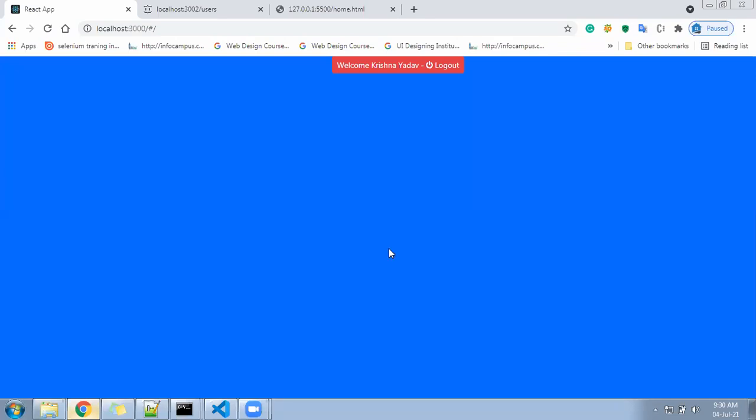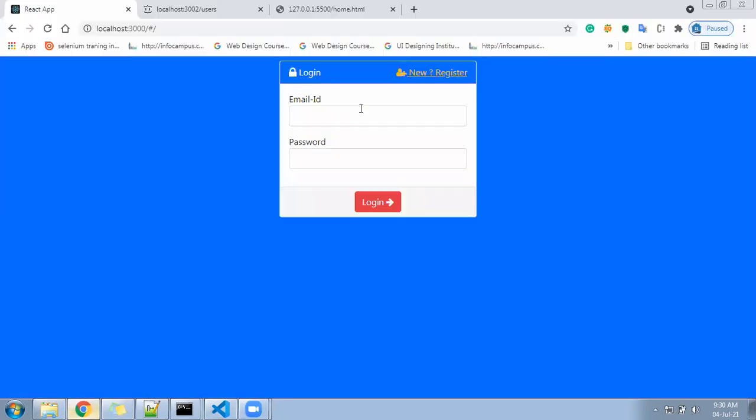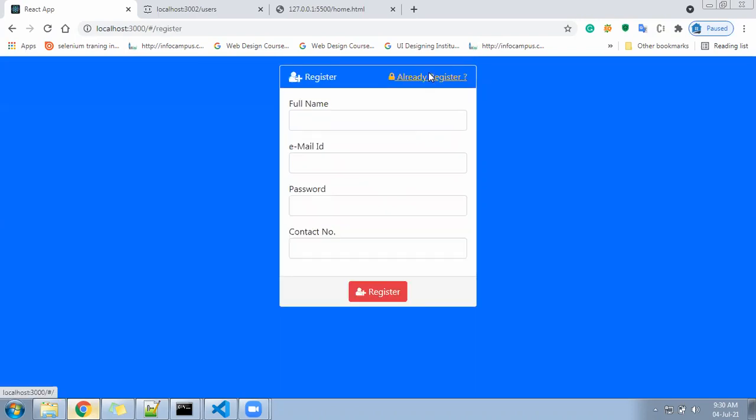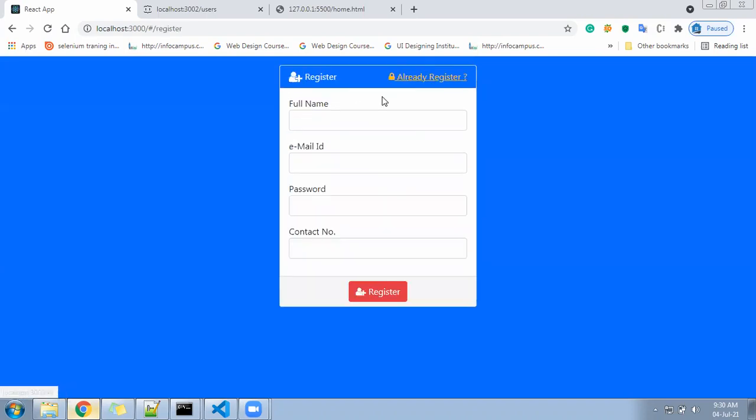Okay, so this page is blue color. Let's log out. Hope everyone has added it under the index file. Which one? BG primary. So the background will come full blue color. This is also looking blue only, right? So blue and blue become a little difficult to manage. So the header, we gave some different blue color. That color we can modify.